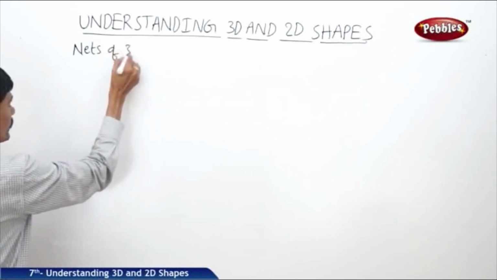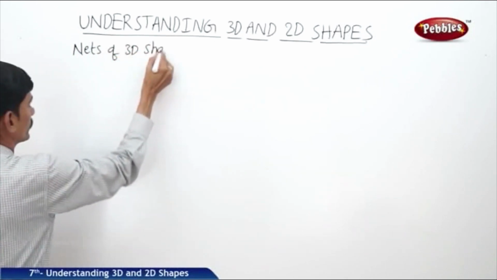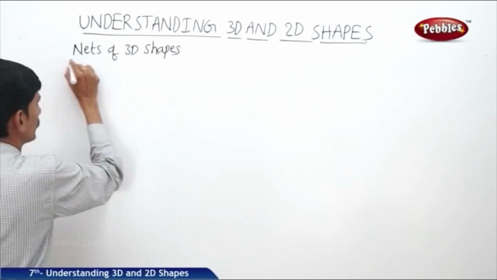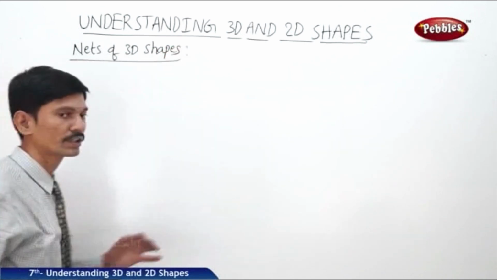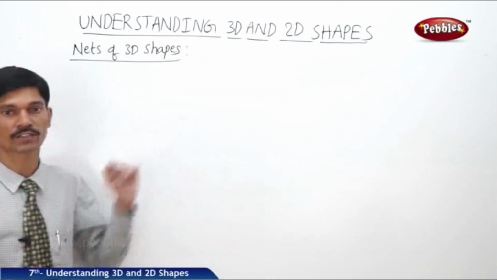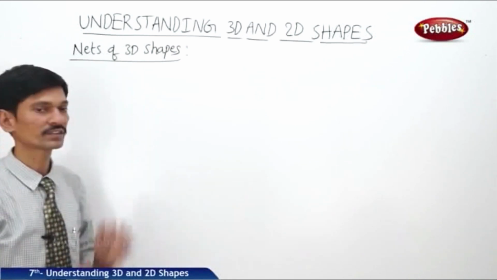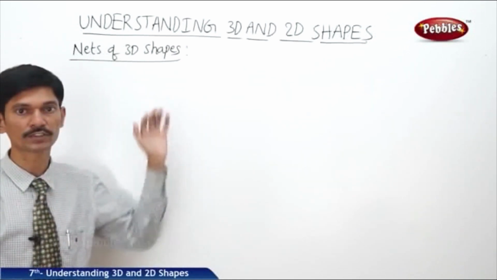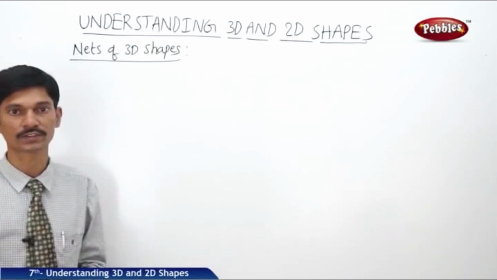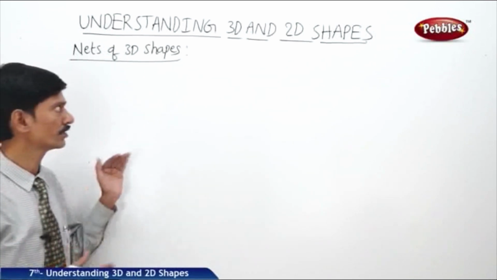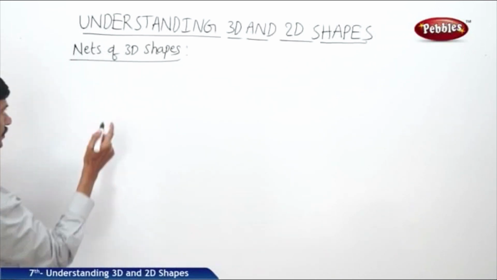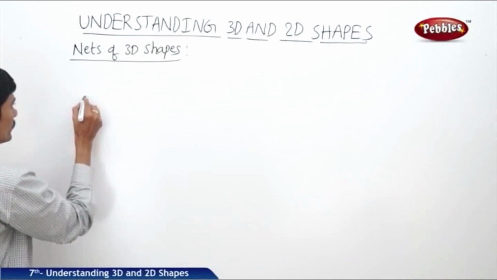Nets of 3D shapes. Now how to visualize the 3D shapes in the flat surfaces. So to visualize the 3D shapes, meaning three-dimensional shapes, on the flat surfaces, we draw the nets of the 3D figures. So for example, if you take any cube,